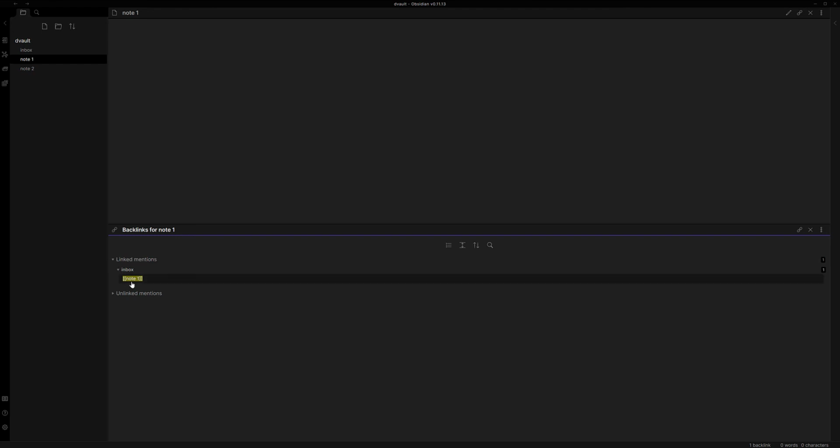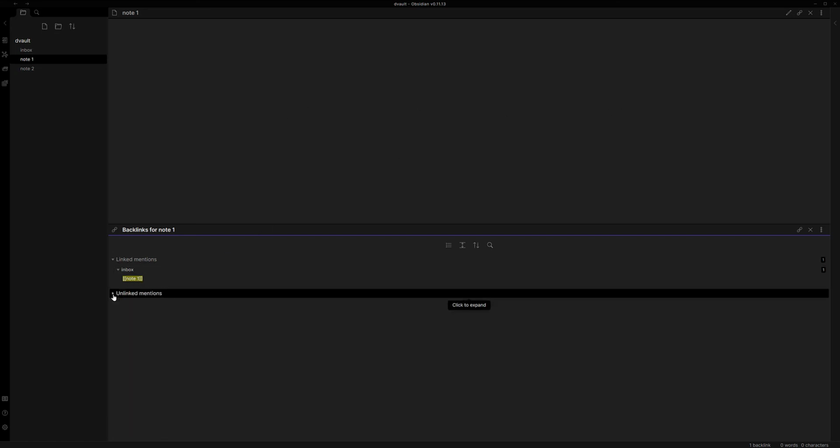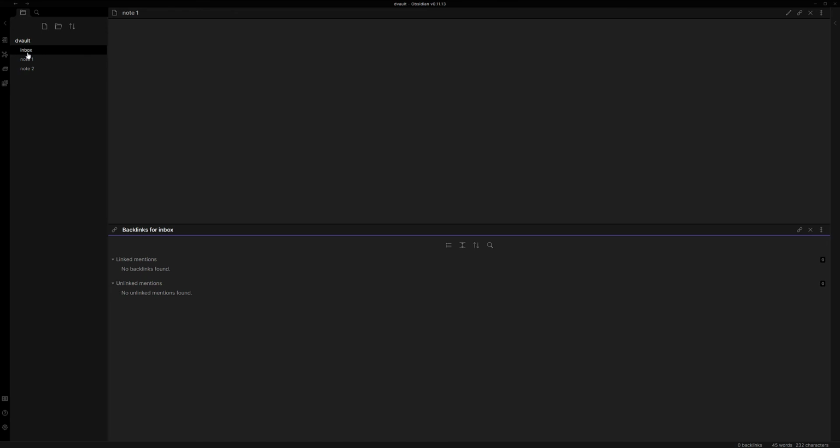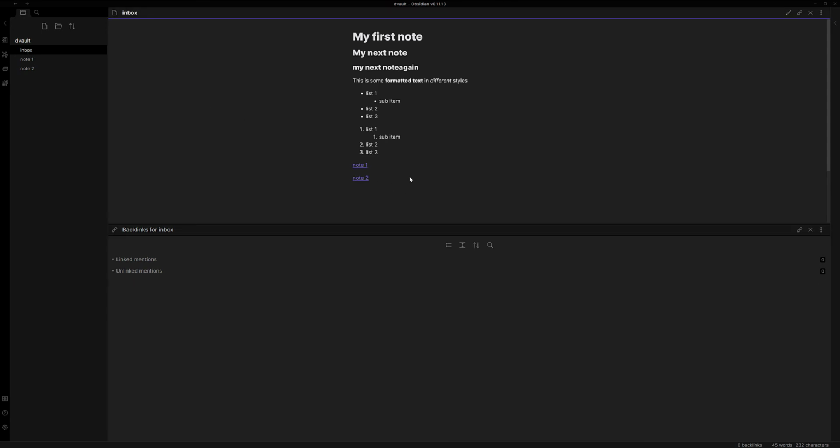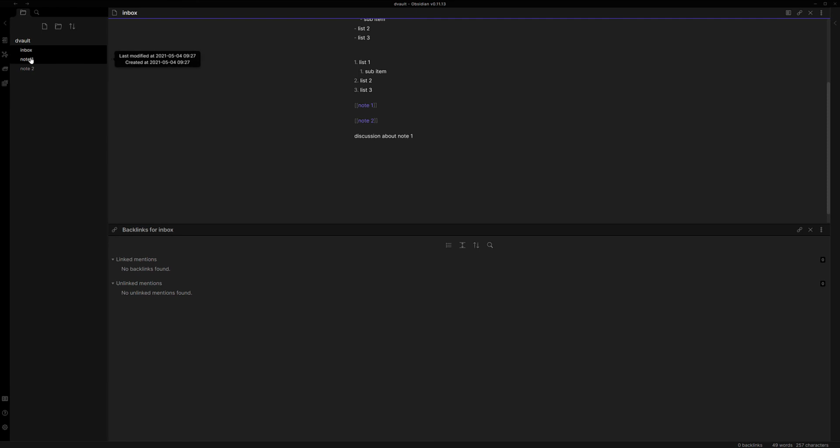So this is the power of backlinks: it's not just one way where I go to this note, I also know what's linking to this note. We have unlinked mentions here. If I was to just simply mention, for example, discussion about note 1, then I go back,